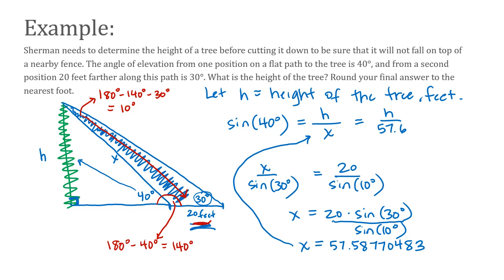Now, I will multiply each side by that 57.6 so that h is equal to 57.6 times the sine of 40 degrees. When I put that into my calculator, I got that h is approximately 37.02 feet. This one asked me to round to the nearest foot, so I'm going to say that the height of the tree